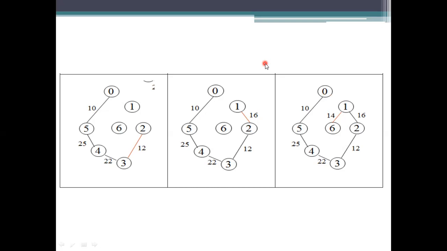And then next, coming to the properties of Prim's algorithm, we need to start with a vertex. Any vertex, not only that one. You can take 6 as a vertex, 5 as a vertex, or 4 also. We can take any vertex, ma. If we take that vertex, we need to see whether it is able to form a minimum spanning tree or not. If it is forming the minimum spanning tree, then we will take it as the final one.